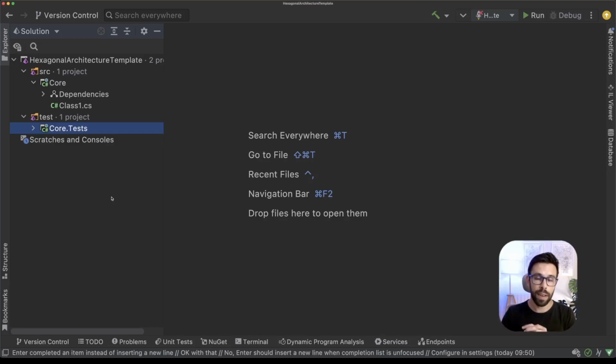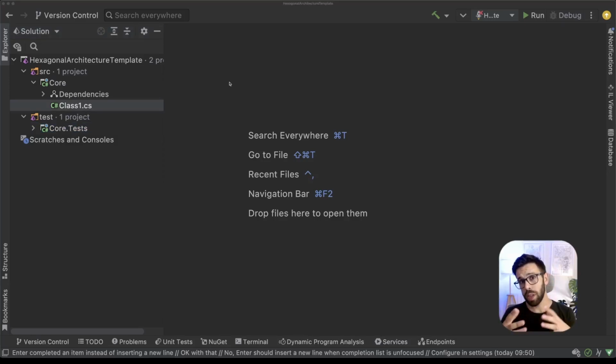Now what you'll be defining is basically the ports to the outside world. Okay, so it's through those ports that you will be able to test this core even before you start implementing all the adapters that you need. So obviously here we will not do a full implementation, but we'll define at least the ports so you know how you can proceed. We'll not be doing a complete implementation of the hexagon here, but we'll start by